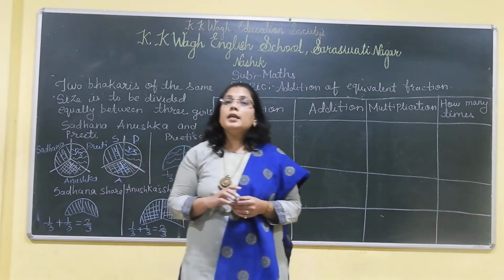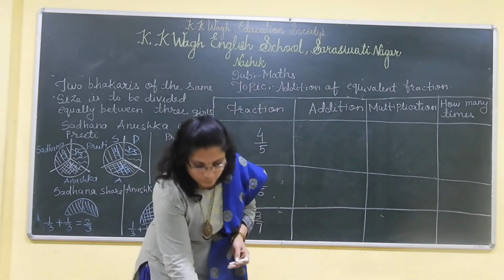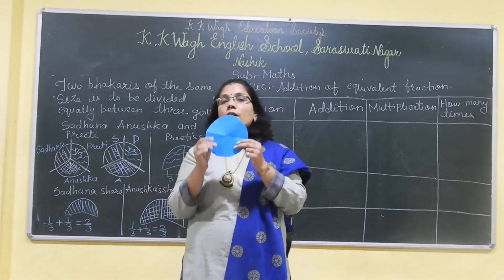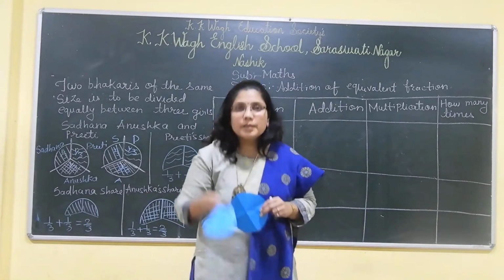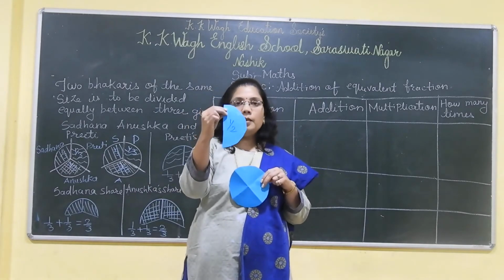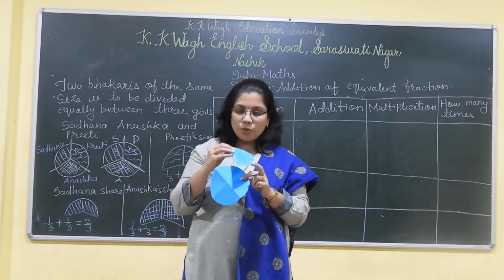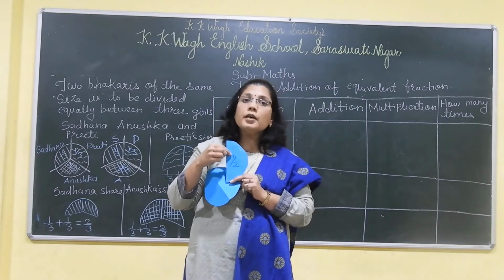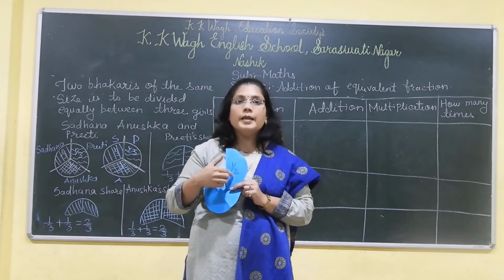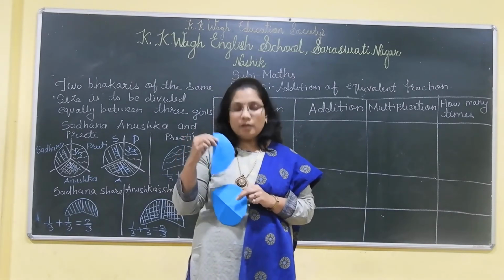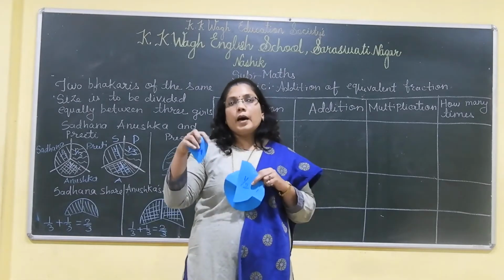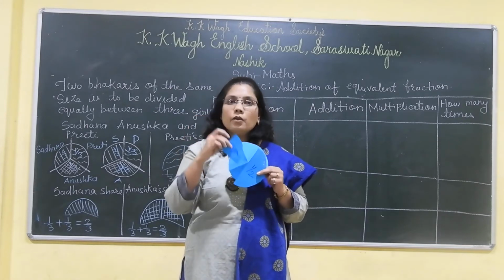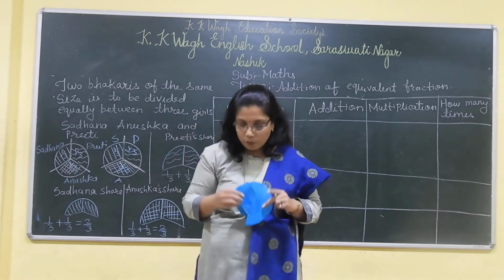First of all, we will see the different meanings of fraction. As I have told you before, this is one whole thing. This is the half part of this thing, means 1 by 2, we write it as 1 upon 2, and the number above the line, 1, is the numerator, and the number below the line is called the denominator. And this is the 1/4 part of this thing, means the quarter part, and we write it as 1 by 4.